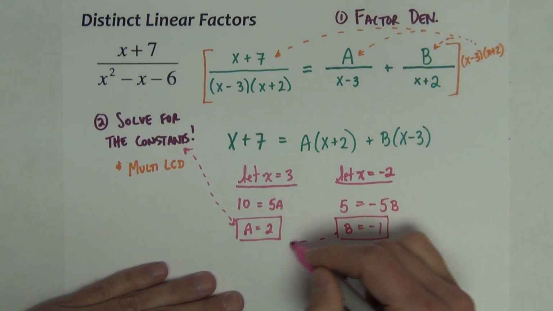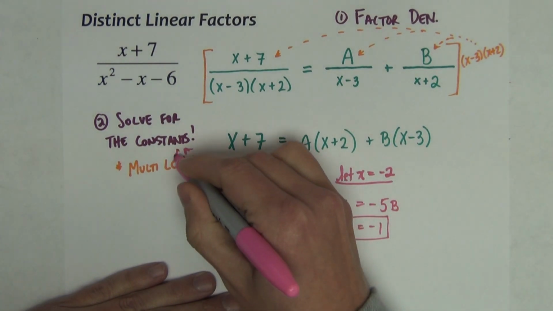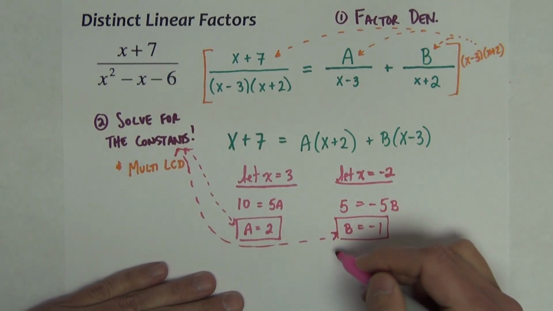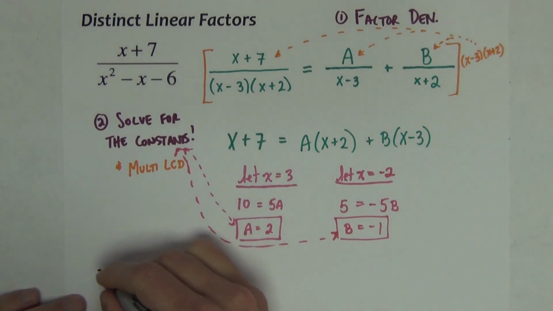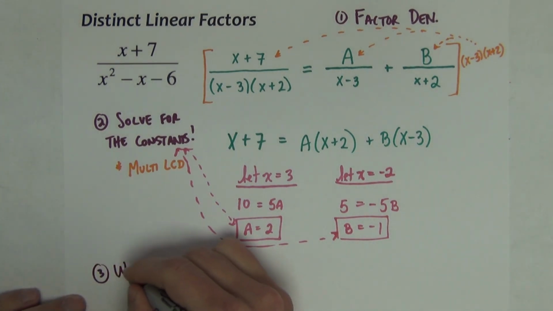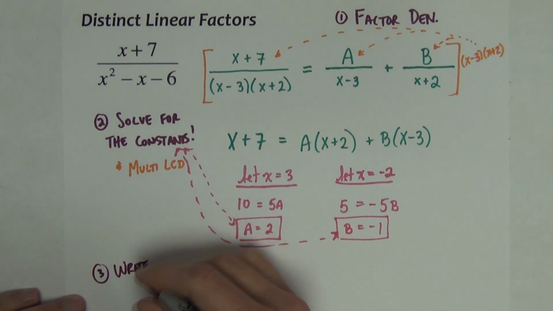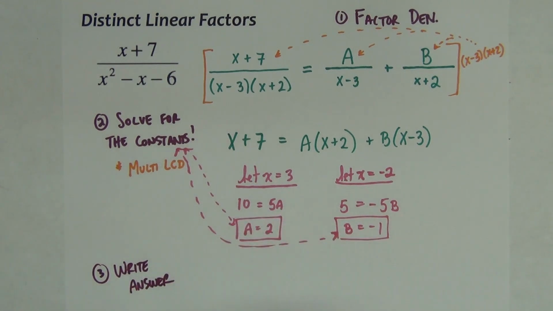Okay, and then I've got the other constant that I'm after. The last thing to do after I've solved for these constants, step 3, is just to write the answer. That's what we're after, trying to find the a and the b. But I'm going to summarize this by writing out my final answer as